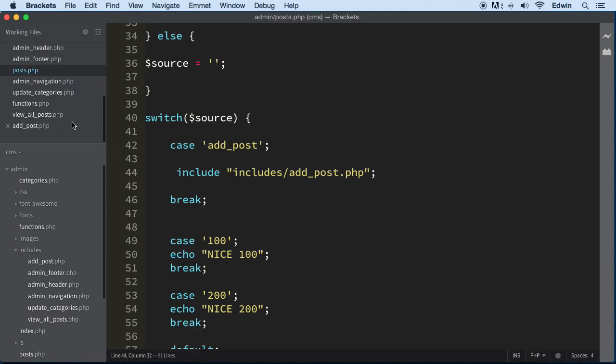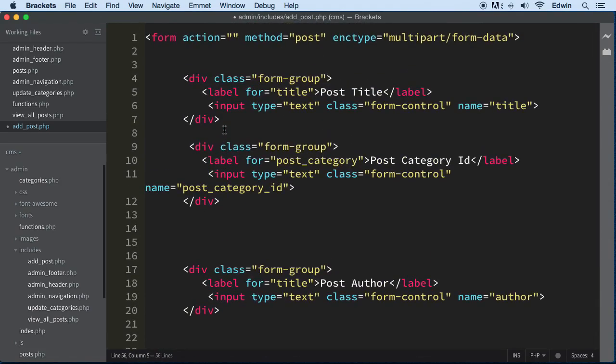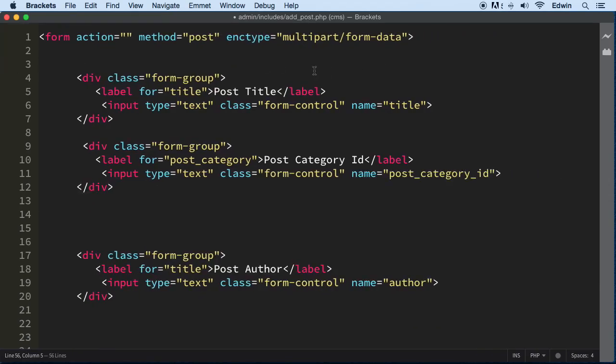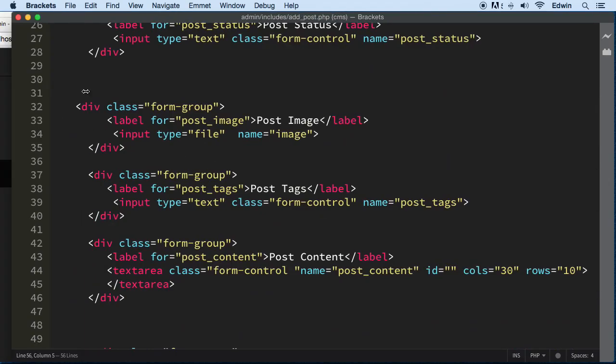So let's go to add post, and let's add that form. And I already have the form made, and I'm just gonna explain every little detail about it. I don't want to take 20 minutes of your time doing this, all right? For a simple form that you should be able to make already. All right, so this is just a simple form here with some fields, and I'm gonna save it and show